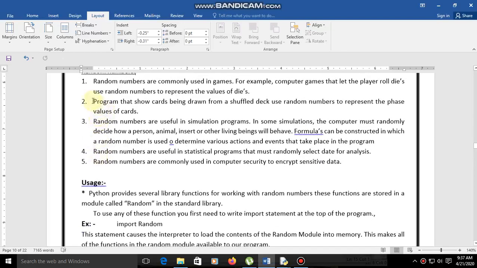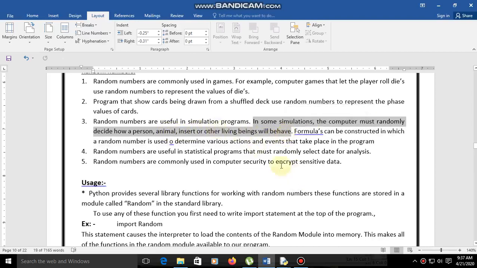And then the second one: programs that show cards being drawn from a shuffled deck use random numbers to represent the face value of cards. Also, random numbers are useful in simulation programs, and in some simulations the computer must randomly decide how a person, an animal, an insect or other living beings will behave, right?